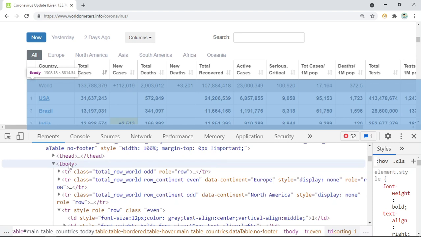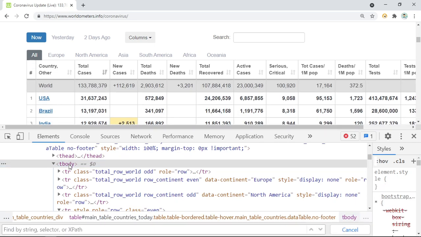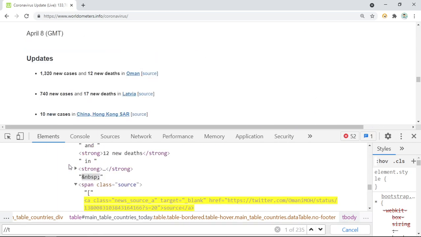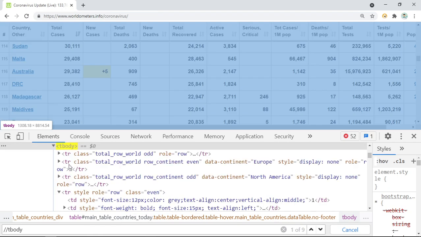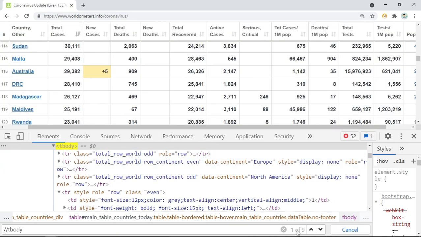So let us start writing the XPath from here. I will press Control F so that I can keep validating whether I am writing the correct XPath. If I say //tbody, there are multiple tbody tags present.